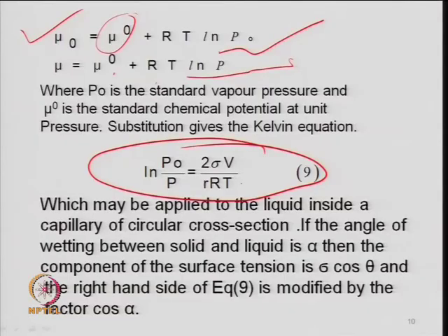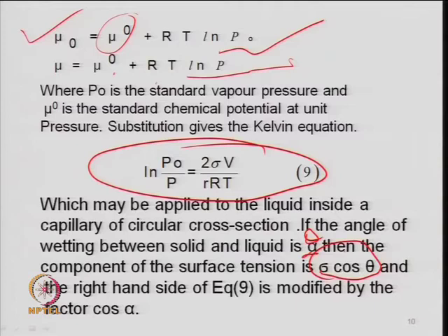So, this equation may be applied to the liquid inside a capillary of circular cross section, because we assume the meniscus as circular. If the angle of wetting between solid and liquid is alpha or theta, so here it is theta basically, that is for nitrogen, I told you it wets almost all the surfaces. So the theta is 0 contact angle, then the component of the surface tension will become sigma cos of theta. That we have already discussed, because the principle is the same, surface tension force you are relating